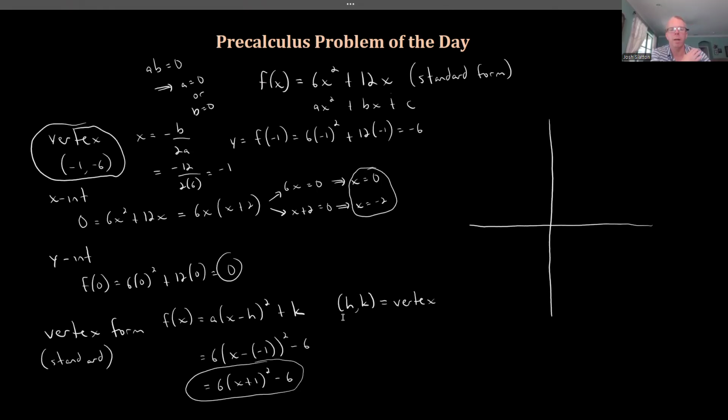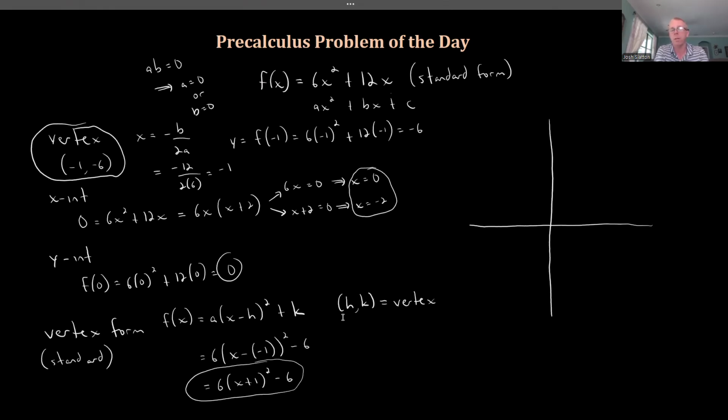-1, -6. We have the x-intercepts, 0 and -2. We got the y-intercept of 0. And then, of course, vertex form, which you don't need for the graph. We really just need these four things, I guess, two x-intercepts. So to graph this,